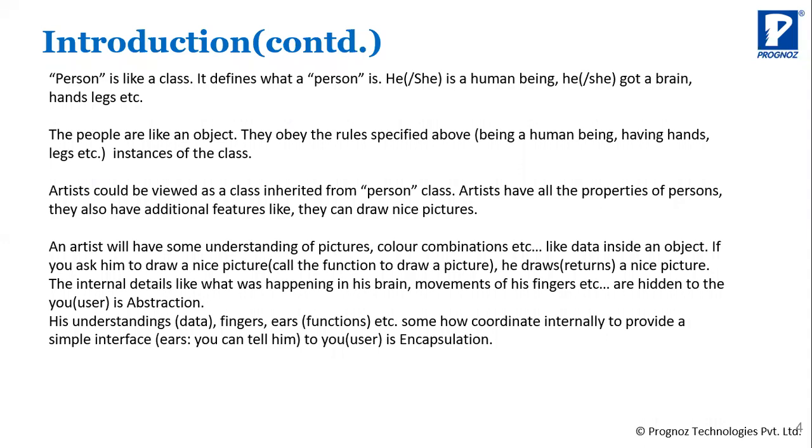So what is the definition? It is an instance of the class. People are an instance of the Person class. Are you getting the concept, everyone? People are an instance of the Person class. As a human being you need to follow some certain rules, and you have some certain information that you have to provide. Are you getting the concept? Understood what a class is and what an object is? Are you getting it, everyone?